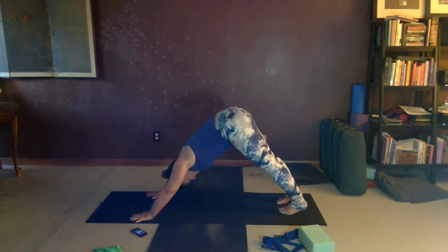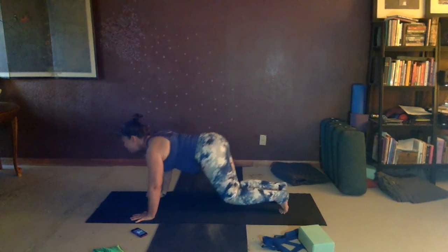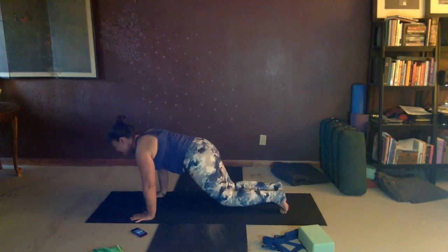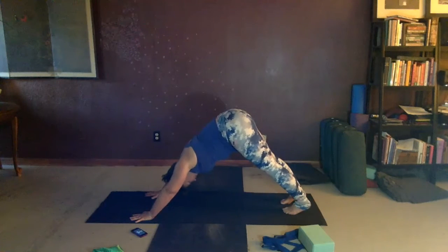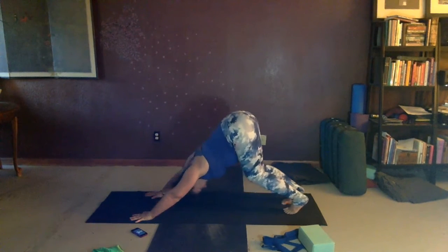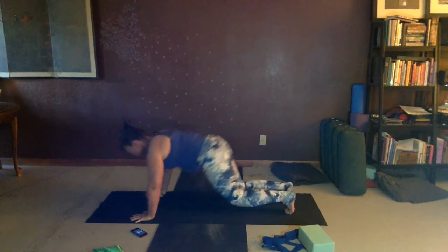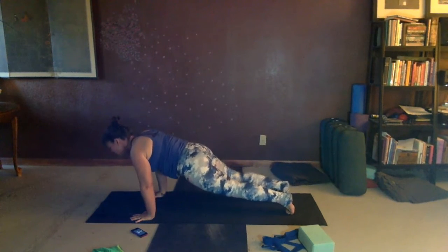Exhaling, elevator, drawstring, zipper. Bend the knees, lift the sitting bones back. Elevator, drawstring, zipper. Bend the knees, slide the sitting bones back. Elevator, drawstring, zipper. Bend the knees, reach back. 3 more times in the rhythm of your own breath. Elevator, drawstring, zipper. With Ujjayi breath,